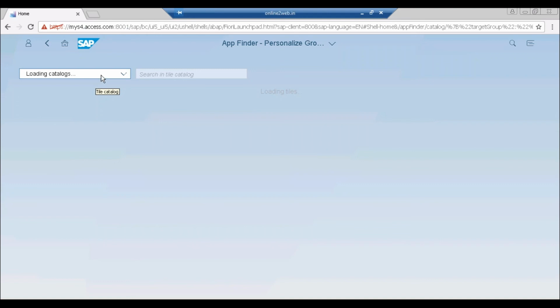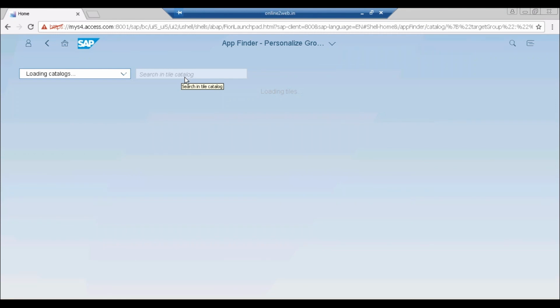You can see it is loading all the apps which are available under my authorization. It is going to show you thousands of apps, because I am authorized for all these thousands of apps. Out of that, if I want to find a particular one, I'll just use this search menu. In the search menu, I'll just write Display Asset and it will show me there. And it will give me the option of a tick now. Earlier it was showing the option of a cross. The tick means I want to add that particular app into my home page. Let's wait for a minute.